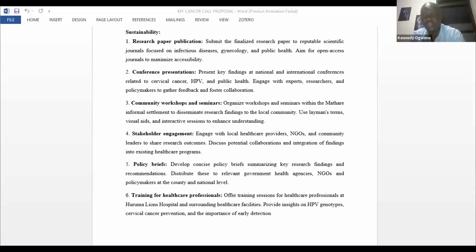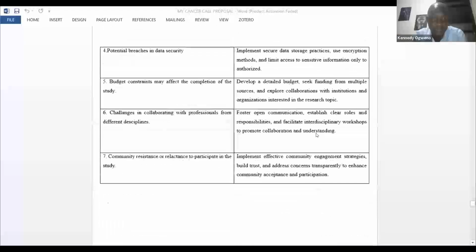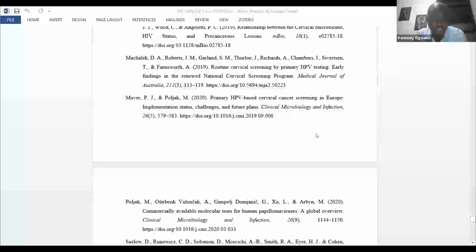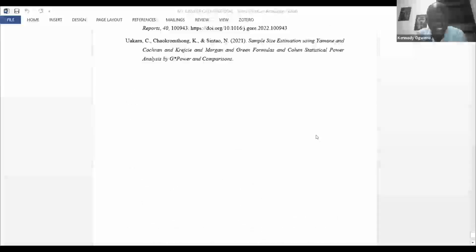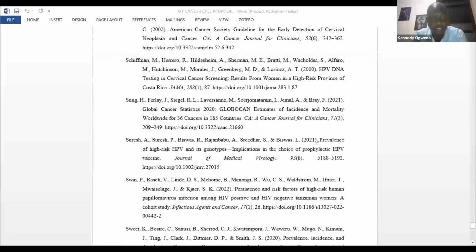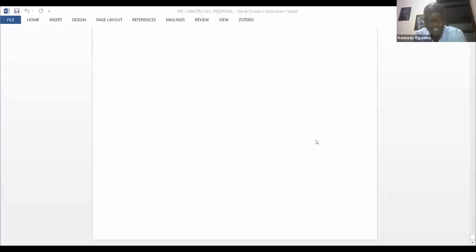You are doing research with an impact. That's why, of course, we are calling for various grants to help us conduct such research. So I think these are an example. And of course, references, okay? I talked about references. Those references are very key. The latest within a 5-year plan, those references are very key, very, very key.